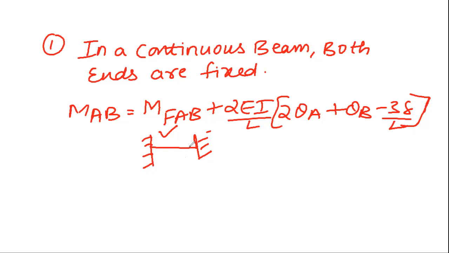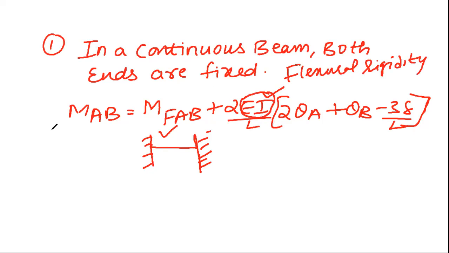What I'm doing now is just giving the brief procedure for the slope deflection method of solving the problems. Next, EI: you have to check whether in the same span or a different span they are giving the same EI. EI means flexural rigidity. For each individual span, we have to apply this final equation, which is called the final moment equation. Here the length also you have to check for each span.